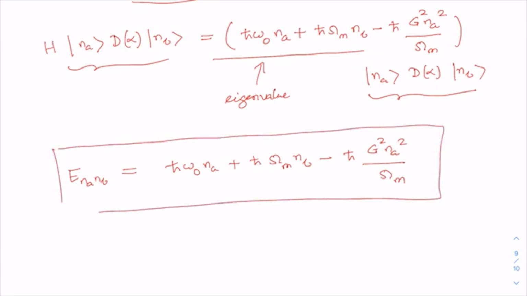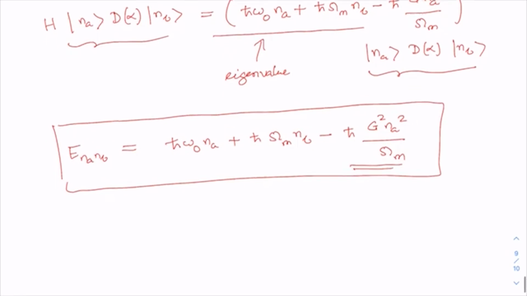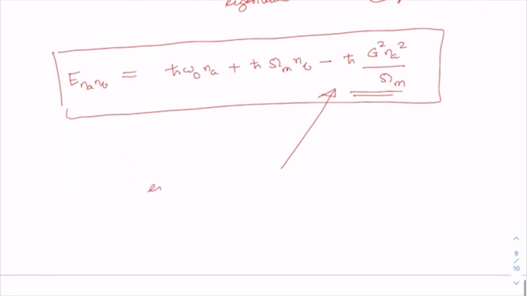So what we see here is that the difference from z equal to 0 is this last term. This last term accounts for the shift from the z equal to 0 energy levels, and it can be interpreted as the energy lost